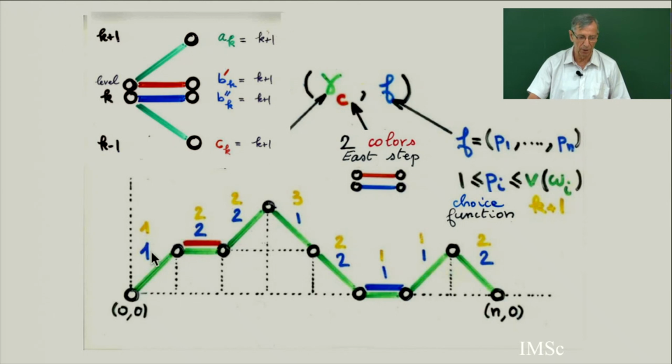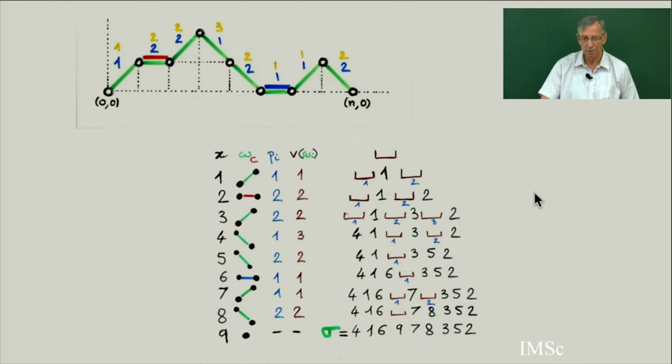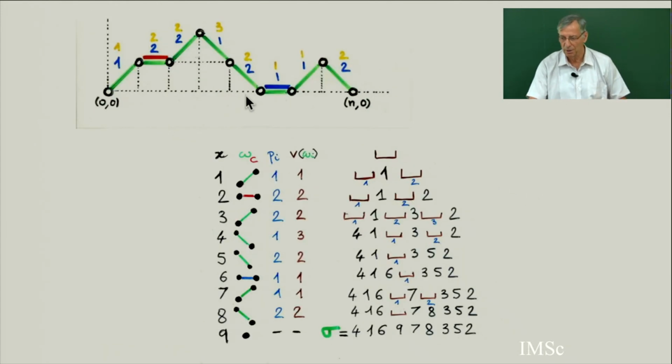Any sequence of blue numbers, any blue number, you choose it between 1 and the weight. This is the weight given by the moment of the Laguerre polynomial. So we have done this bijection between weighted two-column Motzkin paths, and then I start from an empty interval. Then you put the 1, you put the 2, you put the 3, you put the 4, and